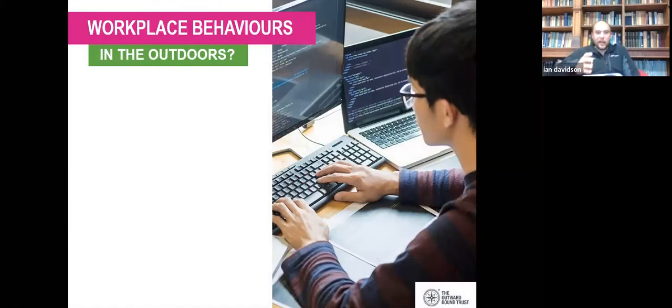So changing tack slightly and thinking about workplace behaviours. I really value the outdoors as a medium for development, mainly because I think it's a pretty level playing field, particularly for folks that haven't had much experience of adventure sports.